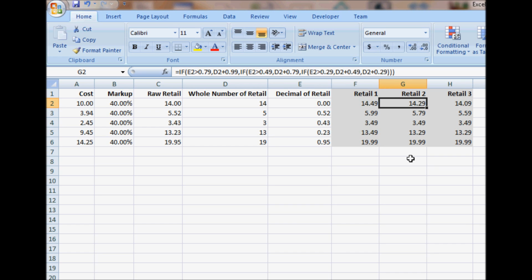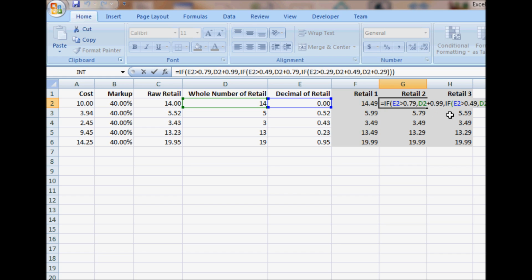However, if you want to get a little more granular, you could make a longer if statement here, and in this case I have rounded everything to 29, 49, 79, or 99. And it depends on how much you want to control your margins to determine how you want to do this, but this one's a little more involved. And so here we have, I'm taking the whole number and I'm doing the comparison in the if statement. I start out with my 79, and if it's greater than 79, I'm just simply telling it to round up